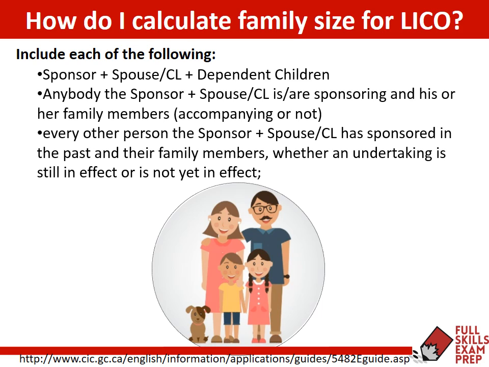All right, and anybody that the person sponsored before. So we talked about an example of somebody who sponsored his parents, and then maybe 5 years later wants to sponsor a spouse. So that would be 4 people because he still has his undertaking with his parents. Okay, this goes for cosigners as well, of course. Okay, and when they say not in effect, that is if the person is planning to sponsor a spouse or something like that in the future.